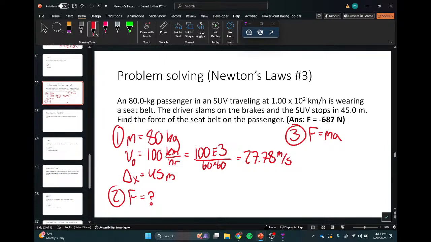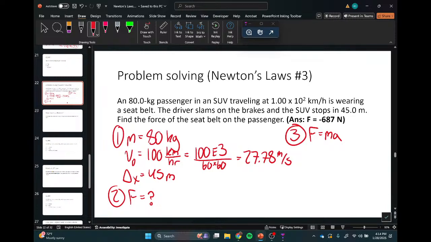And when you're solving these problems, going through these steps will help you realize things that might not immediately seem obvious. For example here, this is the only equation we have for force, F equals ma. Immediately I know mass, I don't know acceleration. So that makes you think, how do I find acceleration? I have no other options. We only have a few skills at this point. Kinematics is our only option. That's the only thing I've really taught y'all. So you look at the kinematics equations. What do you have? What do you need?